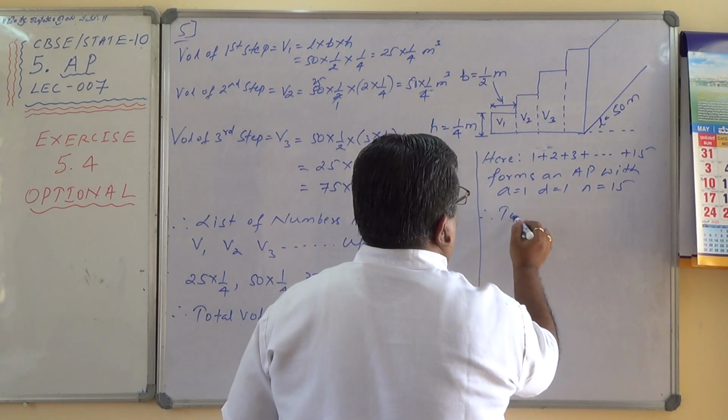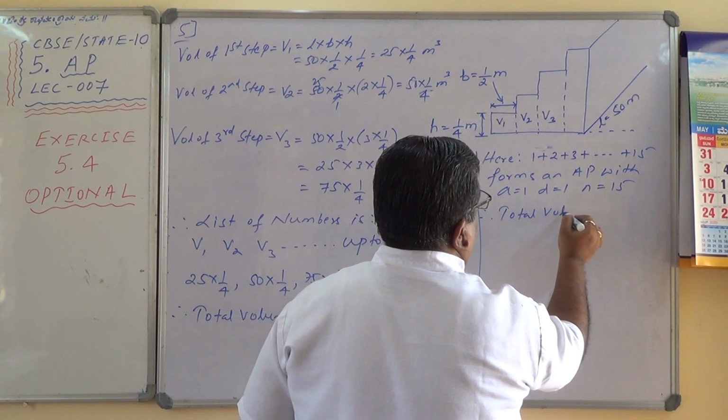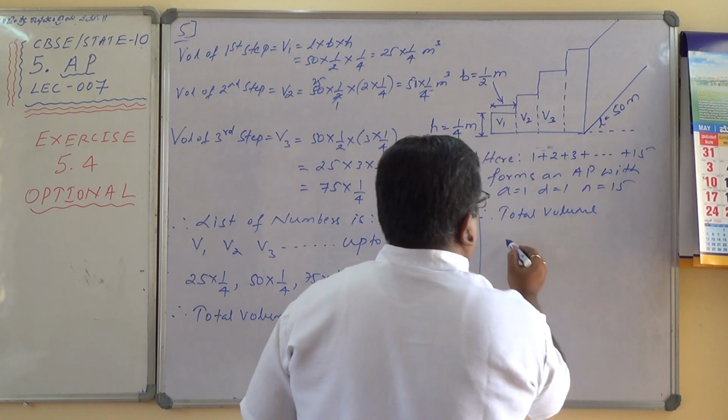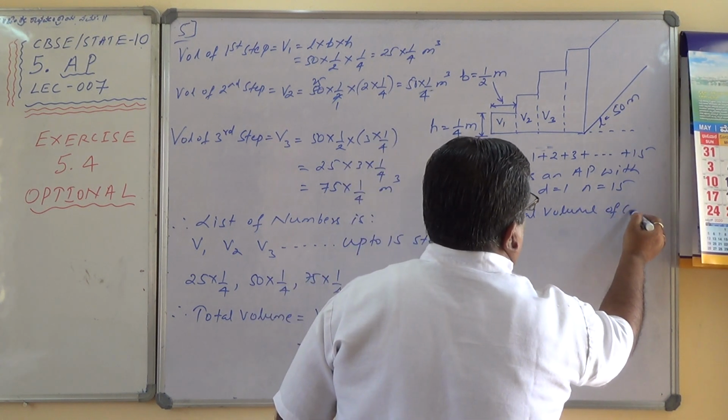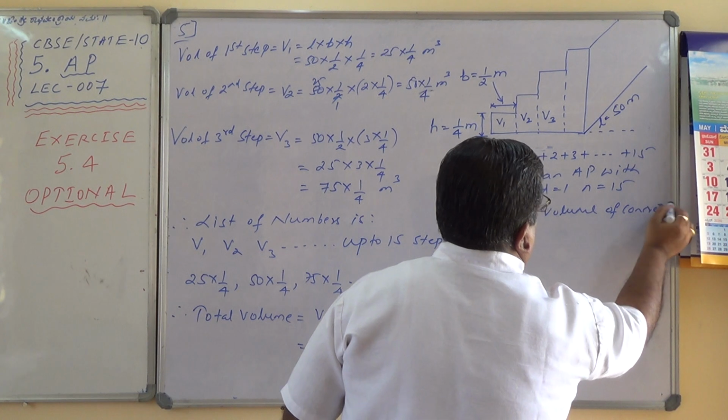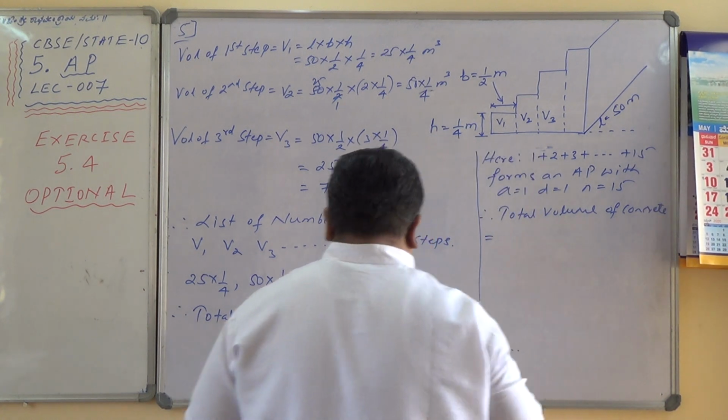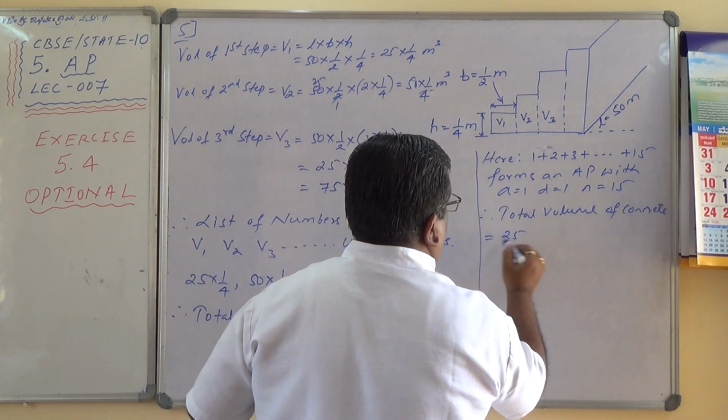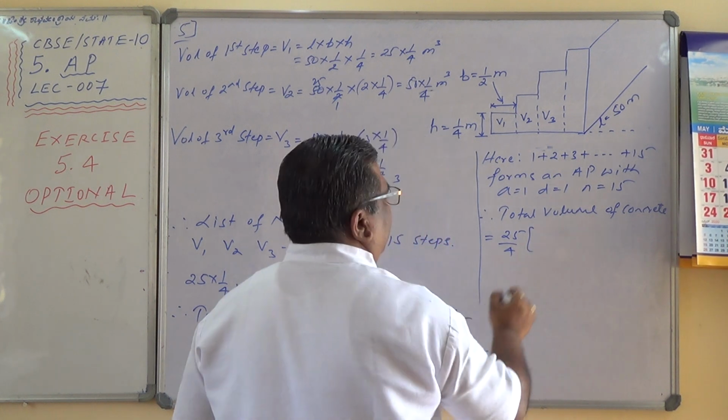Therefore total volume of concrete equals 25/4 into